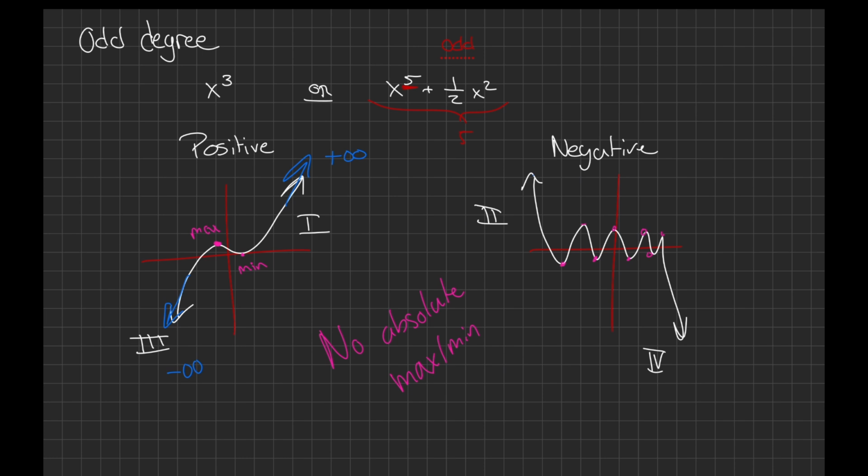And that's the same for the negative. This side here goes to positive infinity. This side here goes to negative infinity. So no matter what the local minimums and maximums are, they will never be able to be absolute maximums on an odd degree function. But if we look at an even degree function, for example, let's say